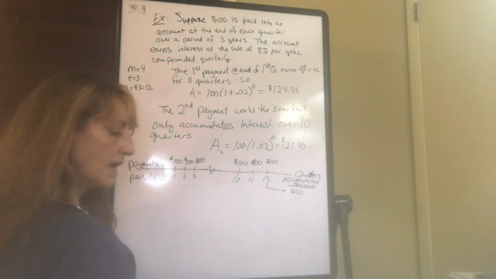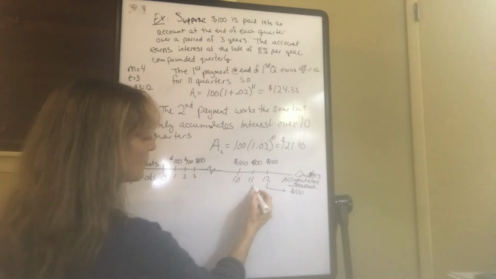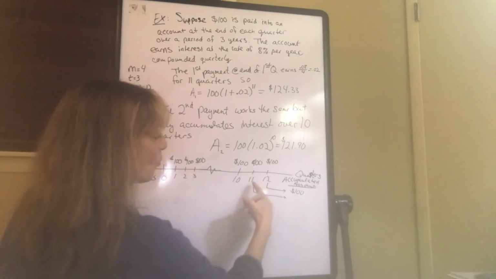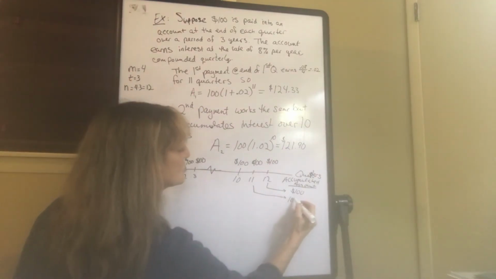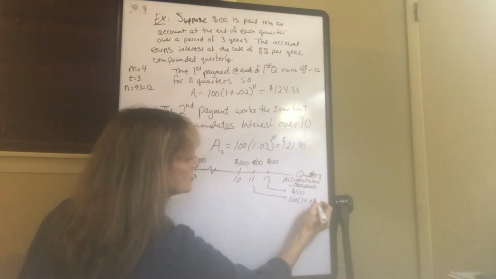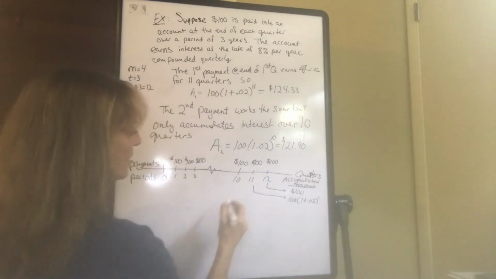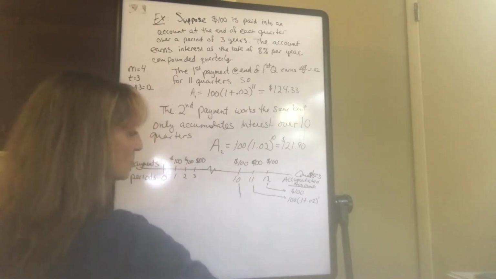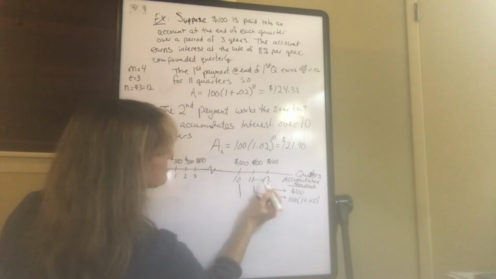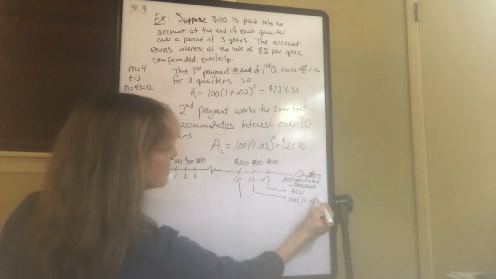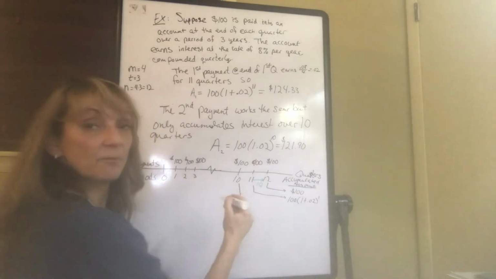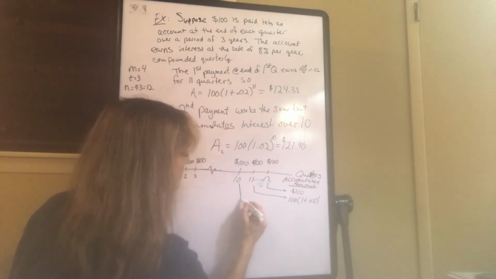Okay? And the one before it was going to accumulate for 1 quarter, right? So it's just that compound interest formula applied to 1 quarter. So 1 plus 0.02 to the 1. All right, and then the one that went in at the 10th quarter, it has 2. So where I'm getting this from is this is the amount of time over which this one can accumulate: 1 quarter. Now, when we come in and we put in the one that we deposited at the 10th quarter in this annuity,